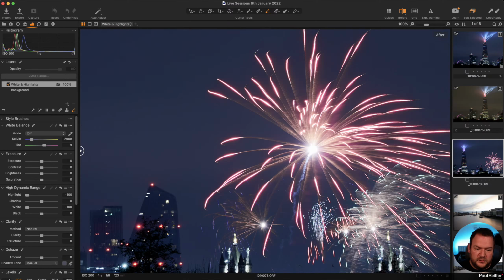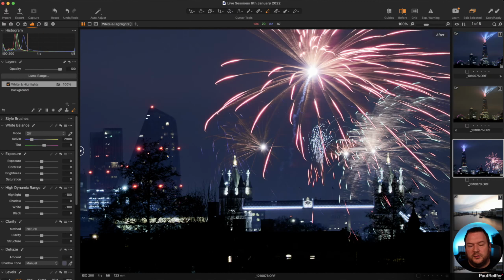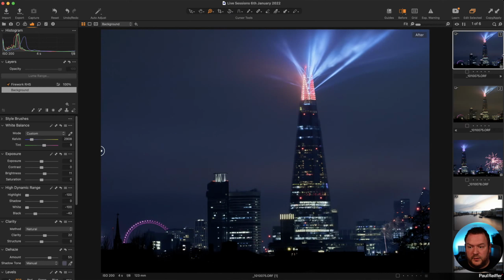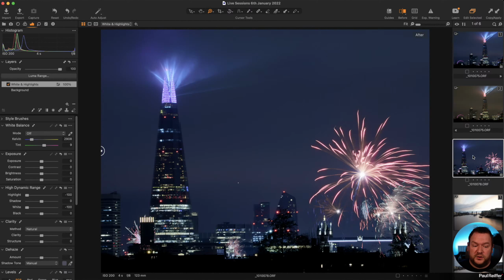I could do the same to this one, same to this one. So you can be selective with it. It's the same adjustment as I had on this one. It's just on the original. The adjustments were made on the background layer because I didn't need to erase anything. You cannot erase from the background layer. So if I want to be selective over where those adjustments are applied, I can just put the specific adjustments that I'm trying to be selective with on a new layer and then erase or put a hole in the bits that I don't want to affect.